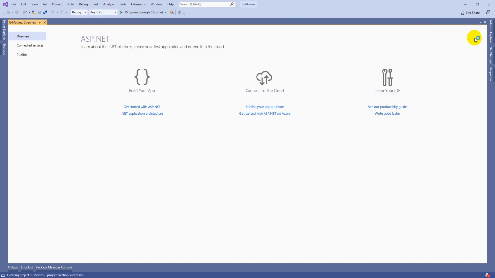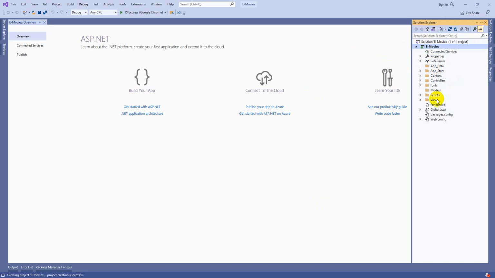The project creation was successful. In the Solution Explorer you can see some folders, which we will discuss one after another. Let's not make any changes and directly start executing the project.